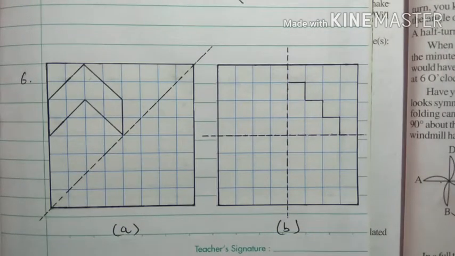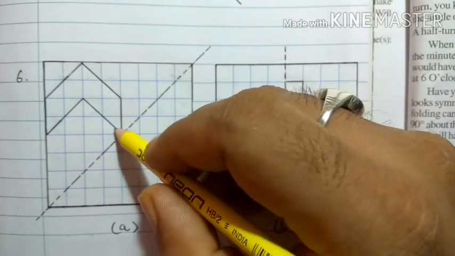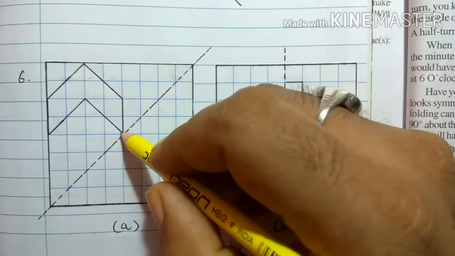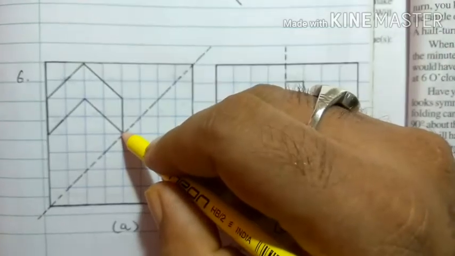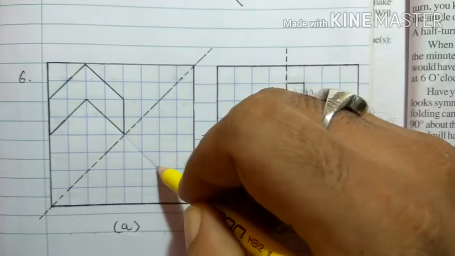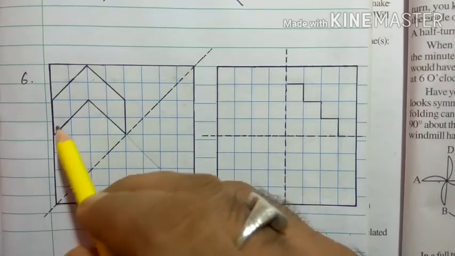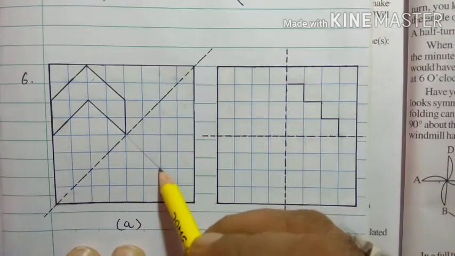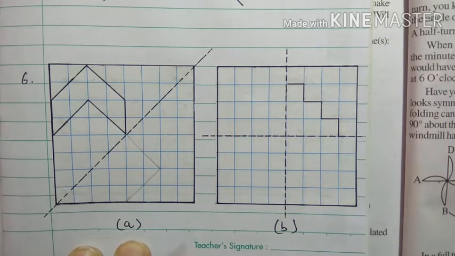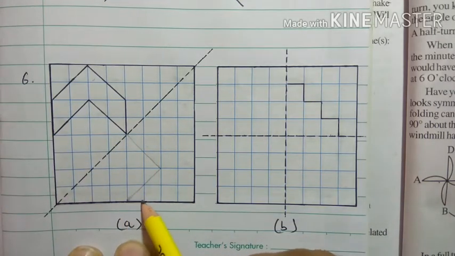First of all we have to check that this line is going perpendicular to the given line of symmetry. At the same time this also goes perpendicular to the opposite side. So we have to draw it like this way. Then it will go 90 degrees, moving two blocks like this way. Then it will go 2 blocks up, so here it will go 2 blocks this side.